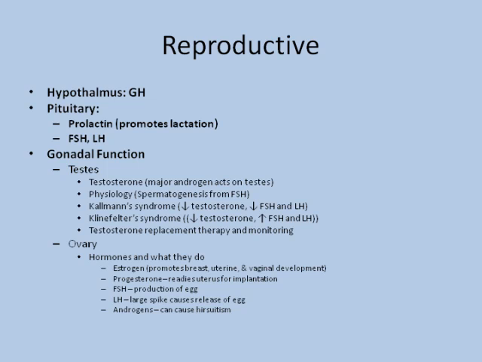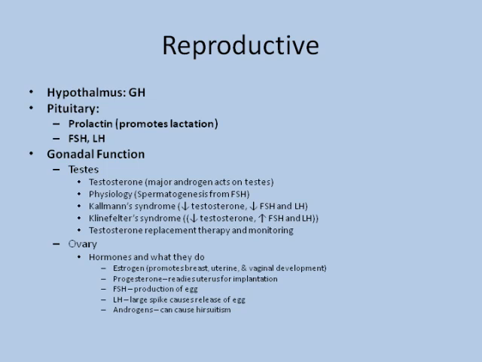Looking at the reproductive hormones, the hypothalamus makes growth hormone. Pituitary has the prolactin, FSH, and LH that we just talked about. Then we've got gonadal function. Testosterone is a major androgen that acts on the testes. It is stimulated by FSH. A couple different disorders you can have. If you've got Kallmann syndrome, you've got decreased testosterone, decreased FSH, and decreased LH. Everything is low. In Klinefelter, you've got decreased testosterone and increased